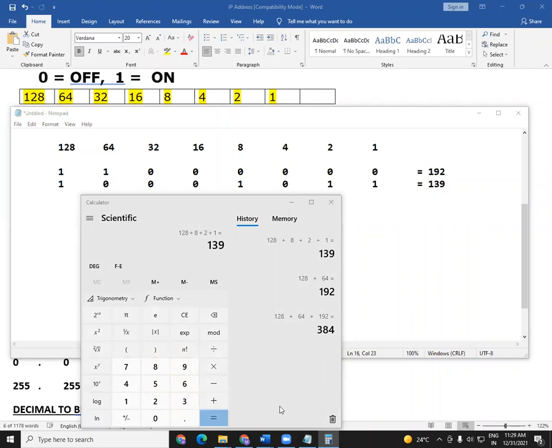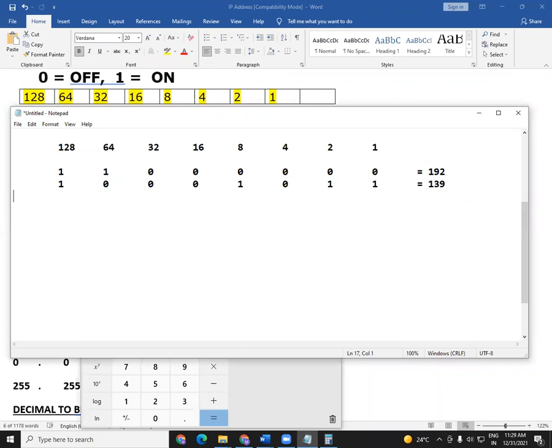Okay, I'll do one thing. Can you please send me a binary number combination? It should be totally 8 bits. I repeat again, friends: I can convert a 5-bit binary number into decimal, or I can convert a 15-bit binary number into decimal. But why specially are we taking 8 bits? Because that is the design of your IP address, right? So we have to take only 8 bits. So please send me any 8-bit combination so that I can show you how to convert that particular 8 bits into the decimal value.